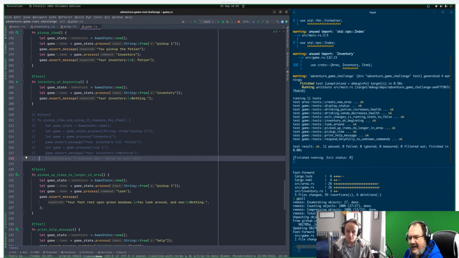We are on Pomodoro number 3, and we are going to fix the issue that we found towards the end of the first Pomodoro regarding the inventory. We were adding to the inventory instead of removing from the inventory whenever we use something.